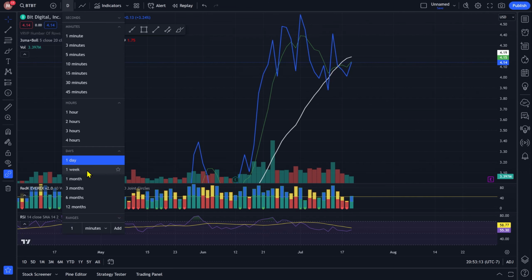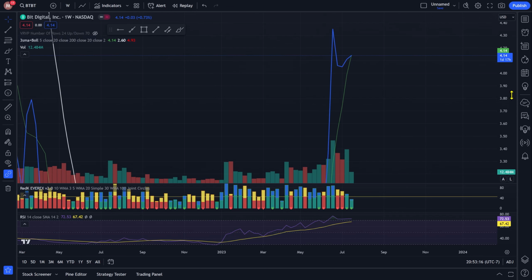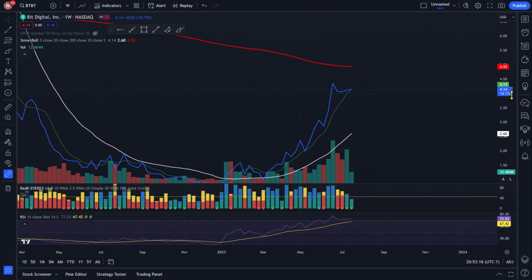So let's go back to the weekly, where it looks almost exactly the same as that lower level of the daily chart. We go back into this, we're going to go back down to the 20. We're looking at 262 currently. If it were to reach that, the 20 will logically come up a little bit and probably be somewhere just under $3, maybe 290, 280. So somewhere in that region, we could expect to see that test before moving back on upward